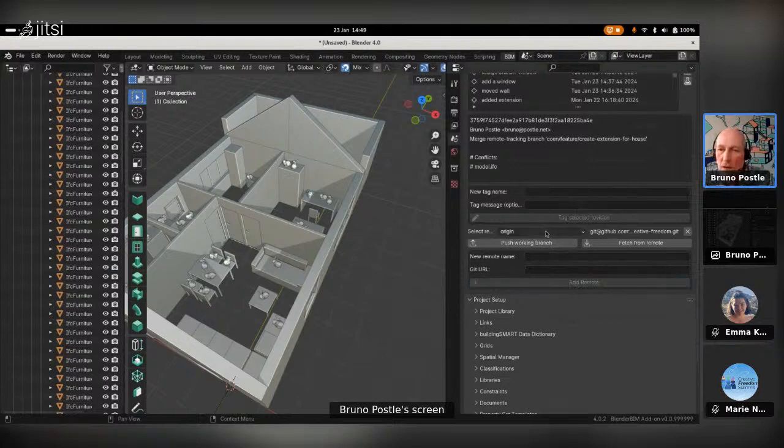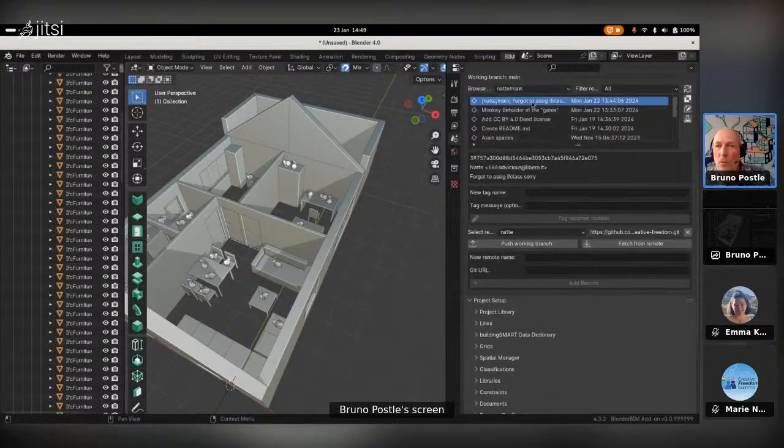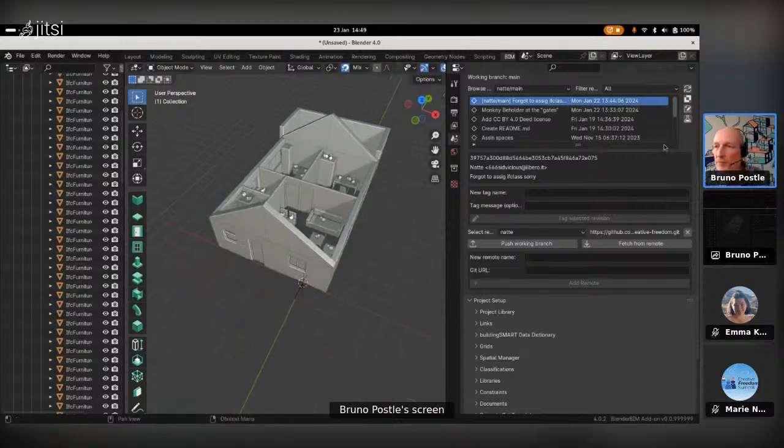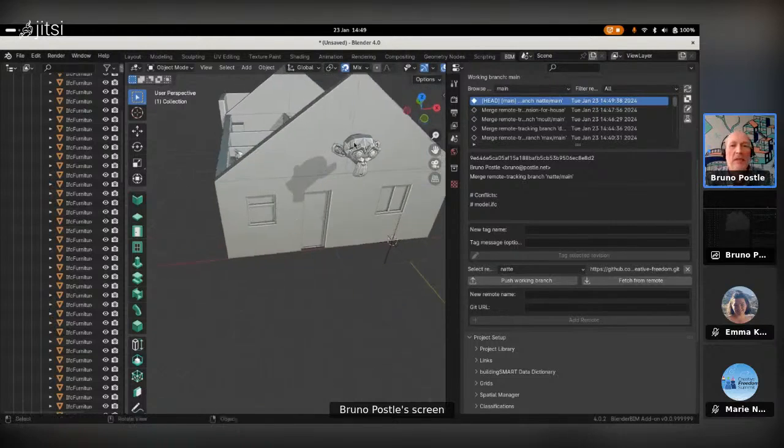And then if I go back to here, fetch it. Then I'm still in the main branch here. So let's see. As far as I can tell, he's added a monkey. I don't know where, but we'll find out. Let's merge it. There you go. So he's added a Blender monkey